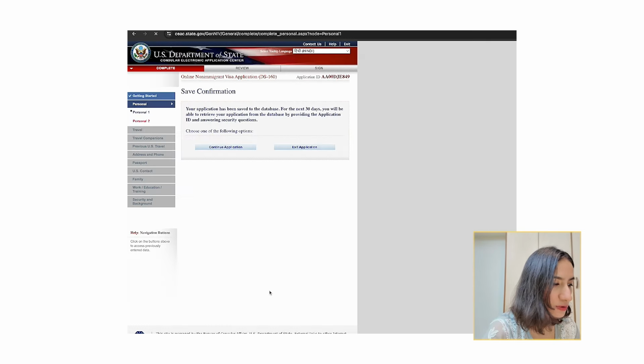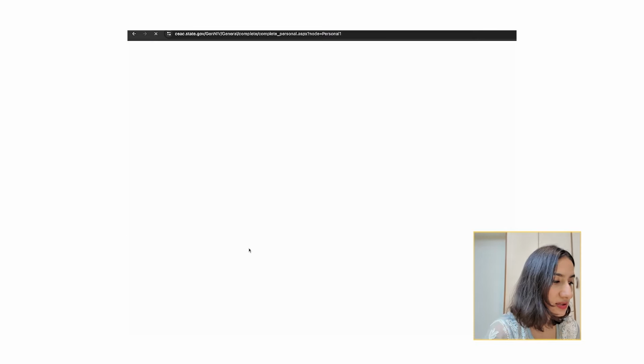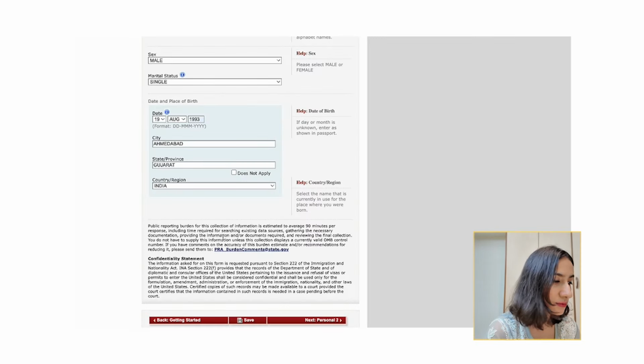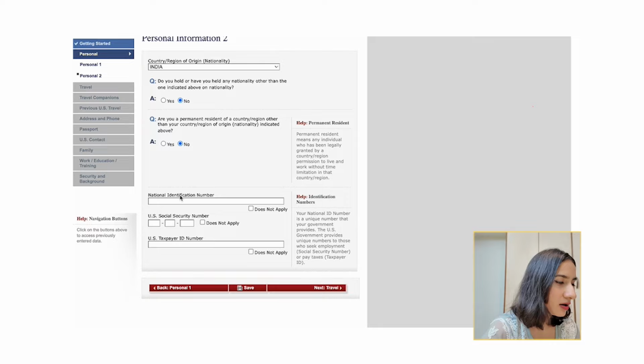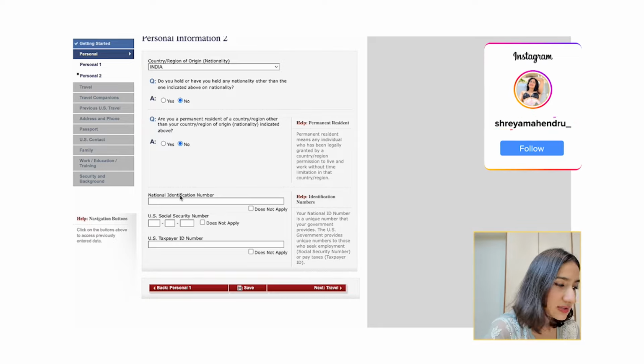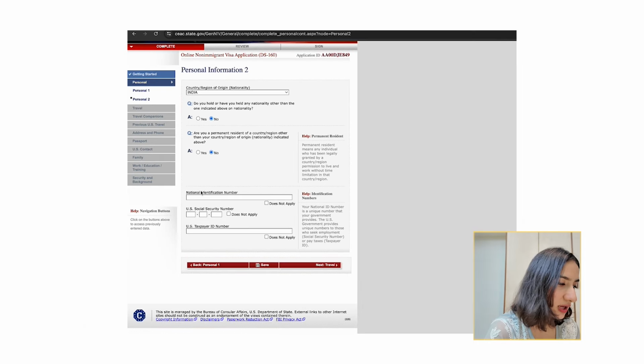So there's an option to save and continue. I highly recommend that, just in case you are doing this in parts just like I did. It's easier to have it saved instead of every time trying to fill that out again and again. And then country of origin, your nationality that you can add. And just in case you have any PR or you are a resident of any other country, you can mention that too. I'm going to save and continue at every step here.